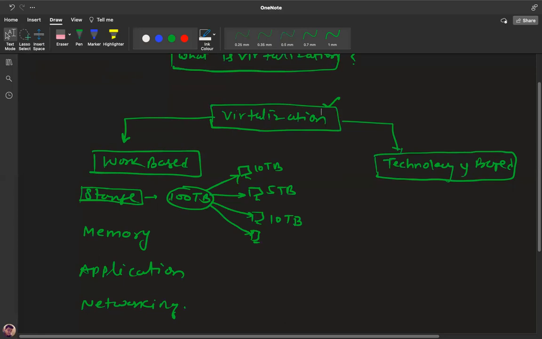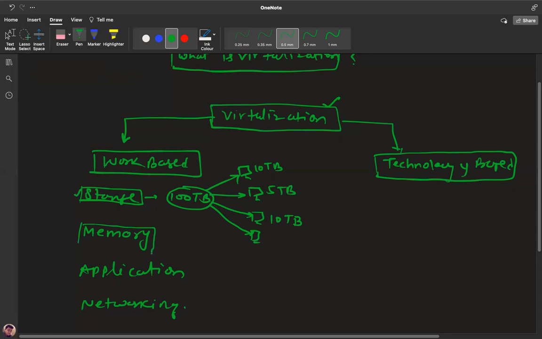They establish a big configuration-based storage in the backend. Whenever we sign up with Gmail, they automatically assign a 15 gig space associated with our username and password. Is it clear? Yes, clear. It happened only and only with the help of virtualization. Without virtualization, it's not possible. I hope you understand about storage virtualization. Clear? Yes, clear.